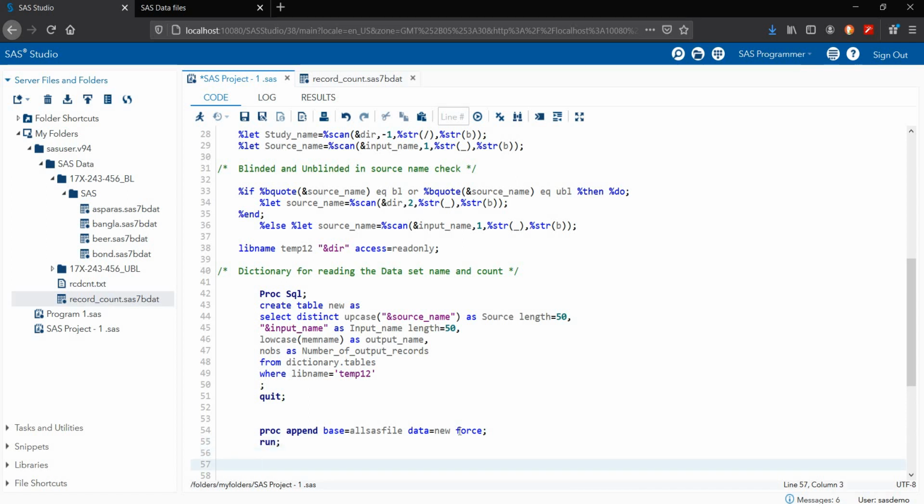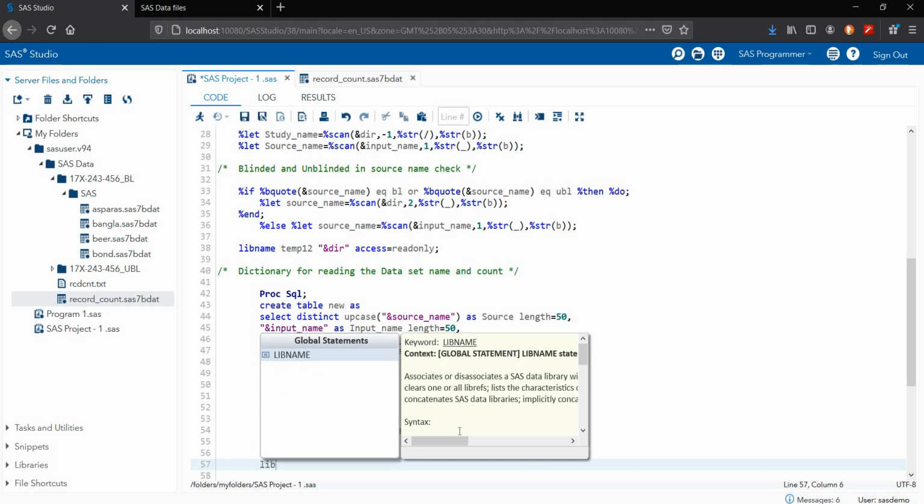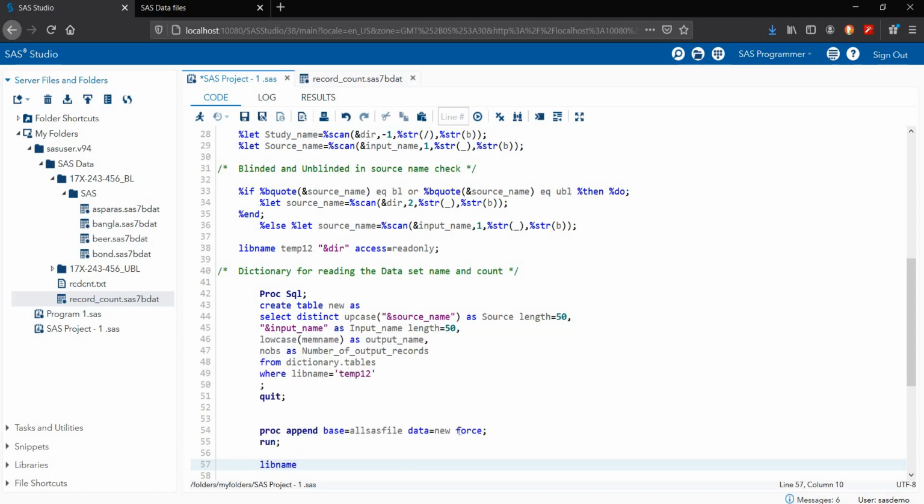Next is the libname statement. Now I'm creating a new one. Same, I'm creating libname again for the next data set.